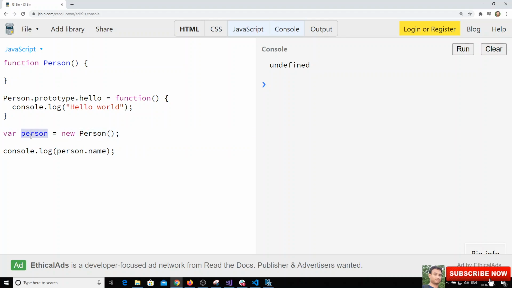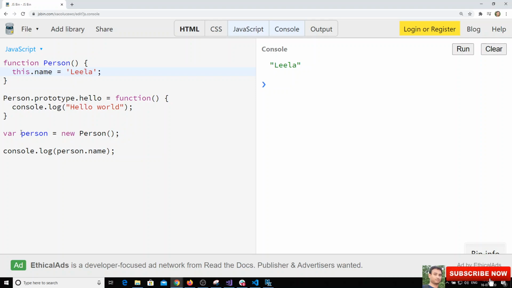When we create any person, if we want to give default values for the property name, we can give the default values in the function itself by using this.name equal to Leela here. Now if I run it, I get Leela as the output.